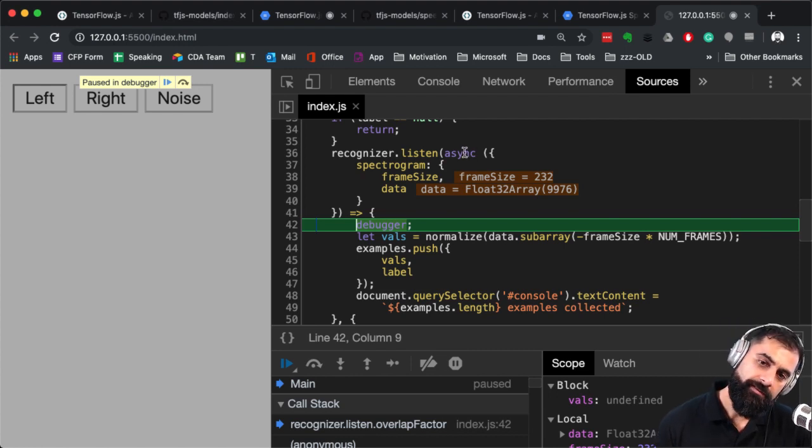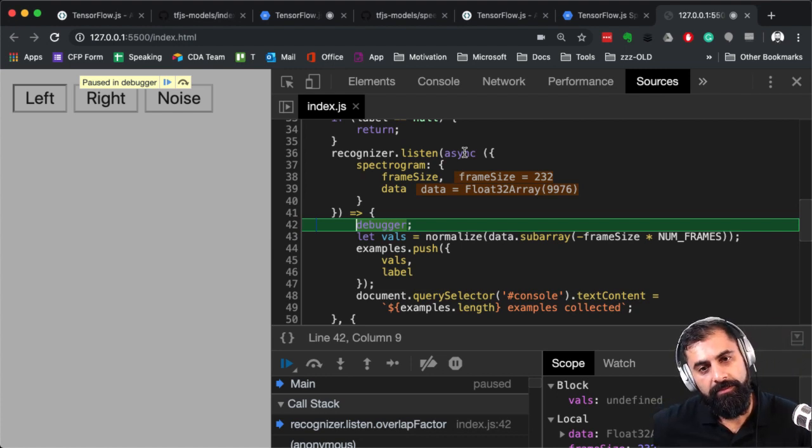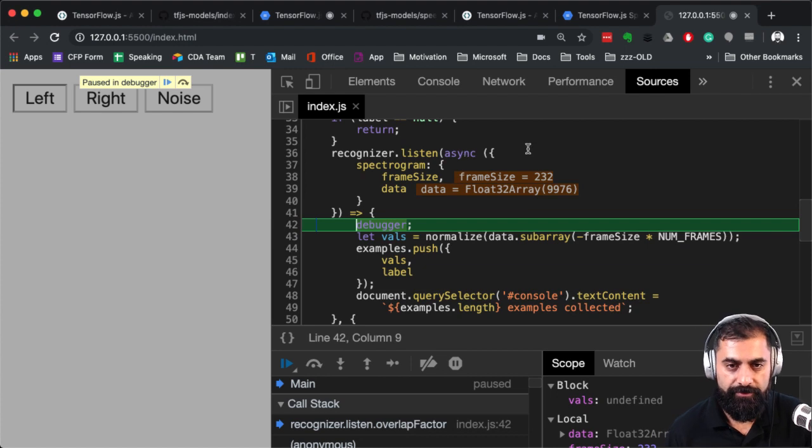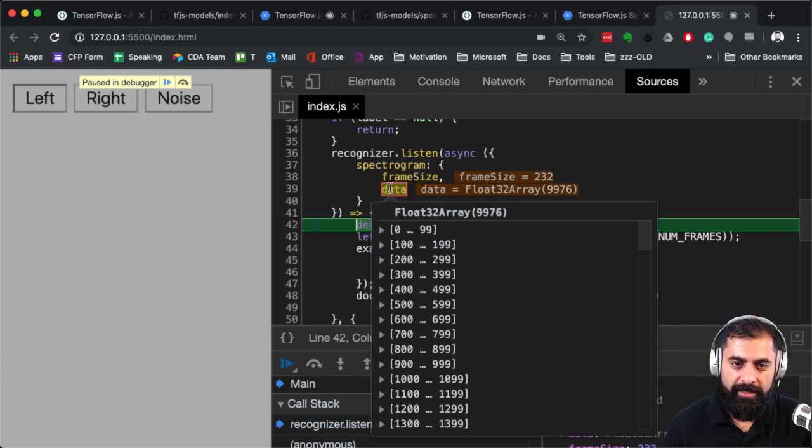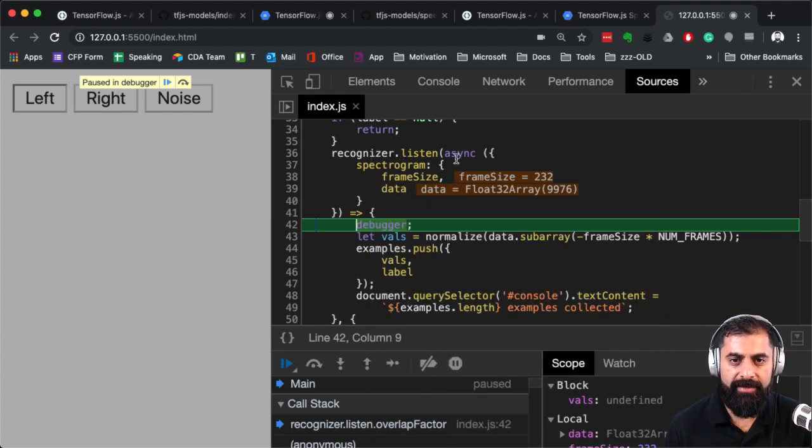Why is it doing the async? So you can pass in a function. Man, I think there's some new JavaScript here for me. So frame size and data. This is getting passed something and it's extracting from that frame size and data.